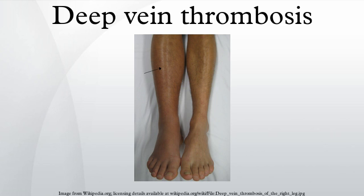+1 point, localized tenderness along the deep venous system, +1 point, paralysis, paresis, or recent cast immobilization of lower extremities, +1 point, recently bedridden for more than 3 days, or major surgery requiring regional or general anesthetic in the past 12 weeks, +1 point, alternative diagnosis at least